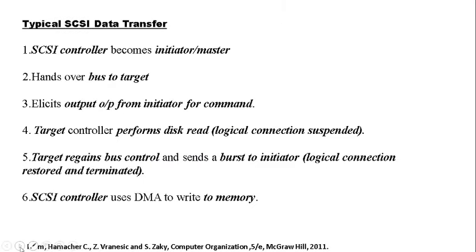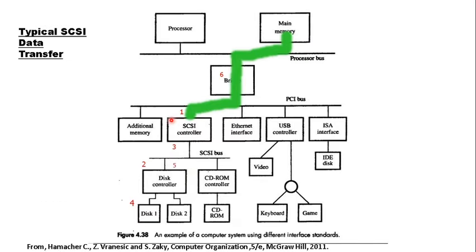Then finally, when our SCSI master or SCSI controller has everything for a burst back to our main memory, it will go into a DMA cycle and burst whatever it has accumulated to the main memory. That indicates a particular portion of the file being transferred to the main memory, and again this cycle repeats. The SCSI controller will again go into bus control for the remaining section, and this transfer will repeat.